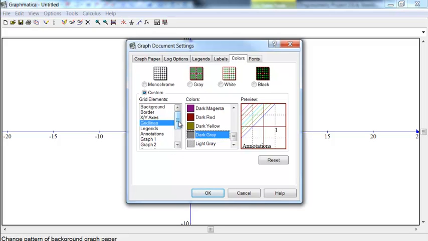Actually, the axes I usually like to just make black. Okay, and then you have different graphs. So the first graph might be blue, and then the second graph might be red, and the third one maybe a dark green, and the fourth one,